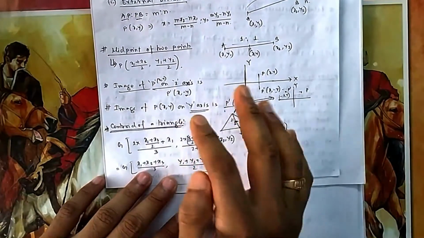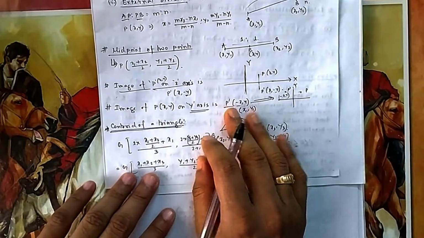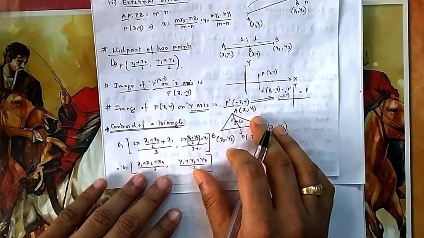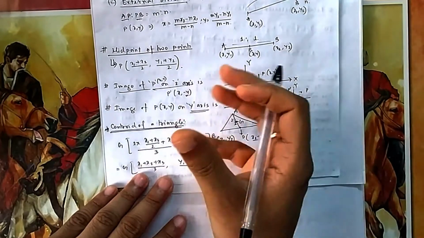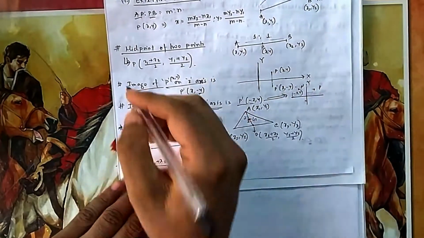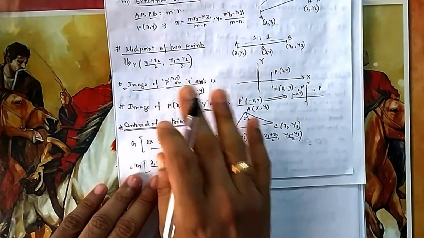You will see lots of other phenomena also going in this way. If you are doing it on x, you see that the y coordinate is changing. If you do it on the y-axis, you see that the x coordinate is changing. So these two are the basics of coordinate geometry only.